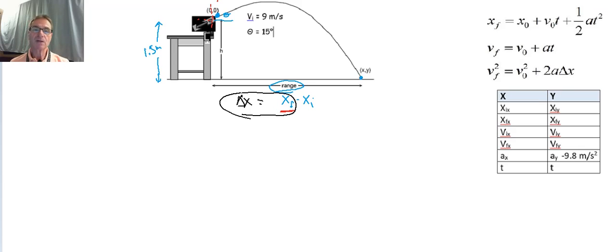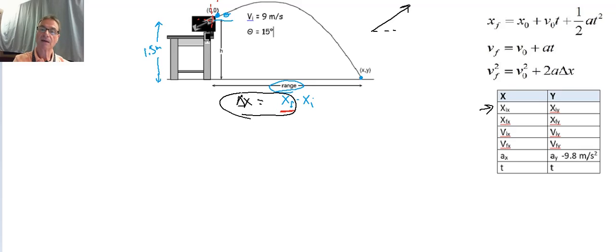All right, so what do we know? Well, we know the initial velocity is 9 meters per second. However, it's at an angle. In our table over here, we don't deal in angles. We have data for things going on in the horizontal or x direction. We have data for things going on in the vertical or y direction. There's no room for angles. So what do we have to do with that 9 meters per second at 15 degrees? We're going to need to break it up